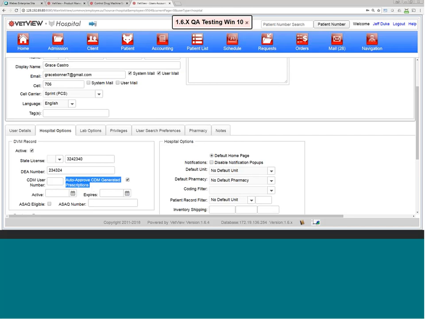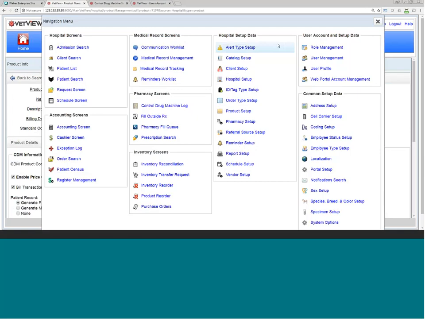Jeff, two questions. The first is, are you able to totally ignore the output of one machine, of a named machine, to where anything that's dispensed from it does not go onto a patient record? So that would be the option of record only. If you do record only, you can do that at the product setup level. So if I go back to the pharmacy setup here,